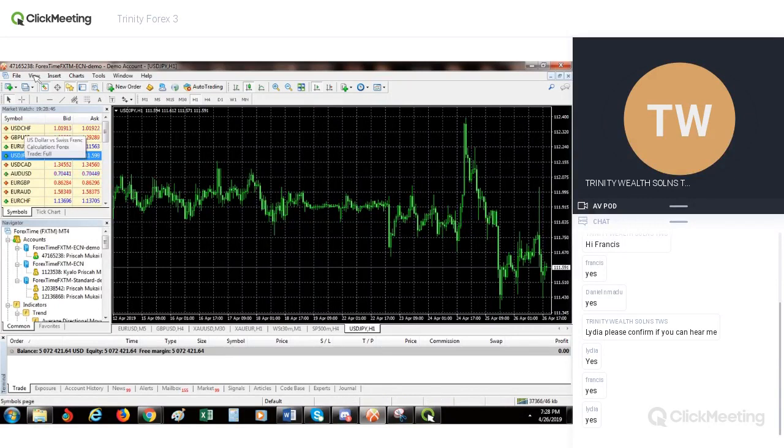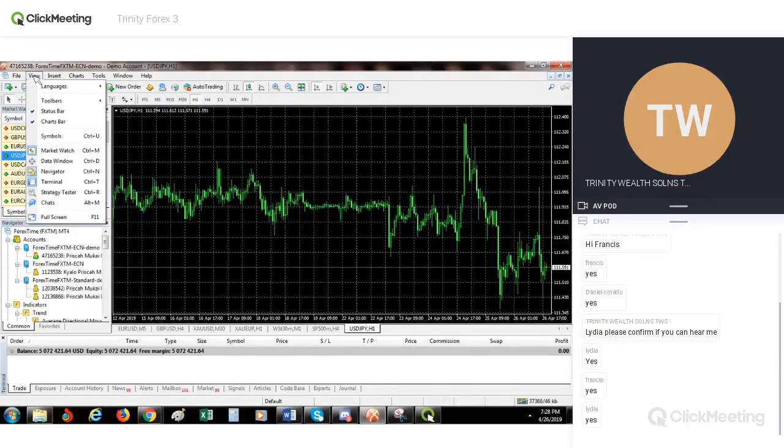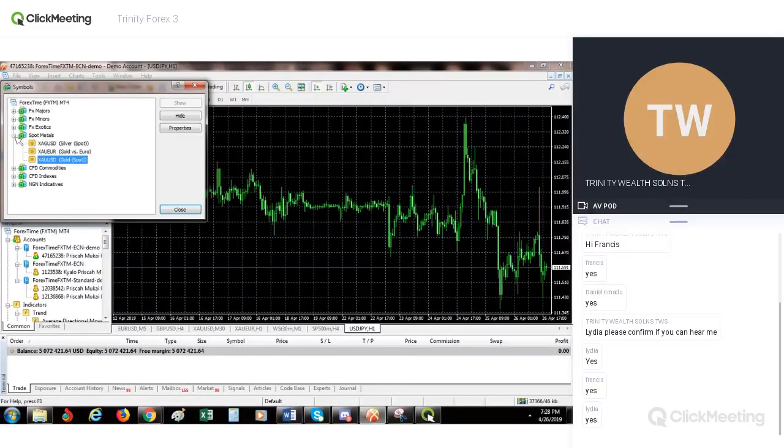So you will come, you click on view, all right? Once you click view, go to symbols, click on symbols, all right? So whatever you want to display, you find them here. If it is gold, XAU USD, you enlarge spot metals, all right? Then you select. XAG USD, that is silver. It's even shown there, silver versus USD, that is spot. Then you have XAU EUR, gold versus euro. XAU USD, gold spot. Of course, it's always versus USD. That's why they have just put it like that. If you want